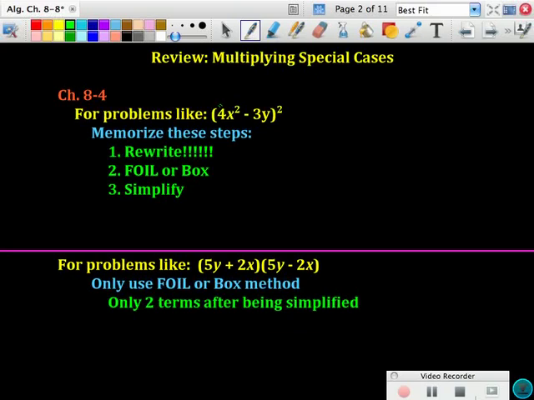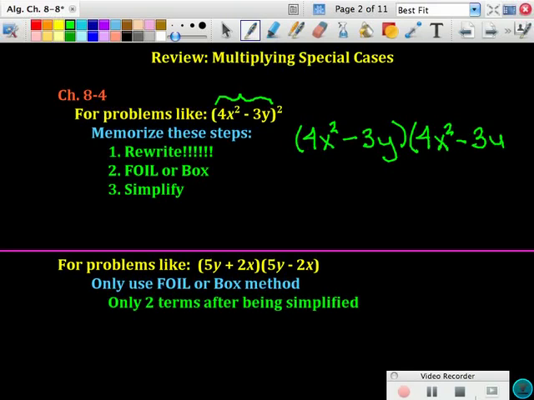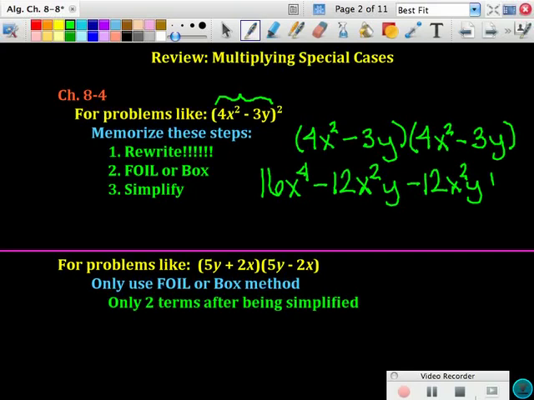So for problems like this where it has a binomial, remember our two terms, being squared. To square something means to multiply by itself, so you would always rewrite 4x squared minus 3y. So there's the binomial, and now we square it, which means multiply by itself. All right, there we go. Now do your FOIL or box method. So we would have 16x to the fourth minus 12x squared y minus 12x squared y, and then plus 9y